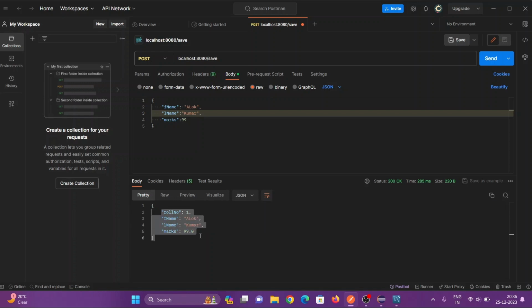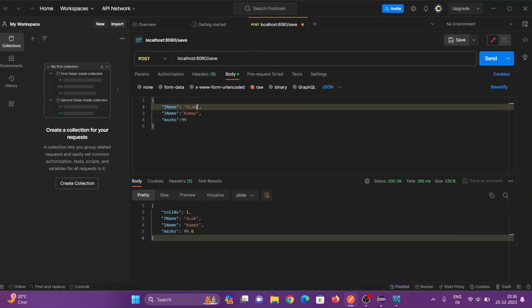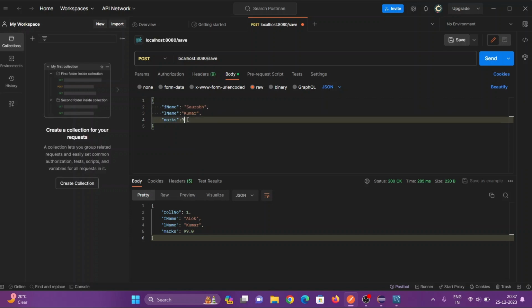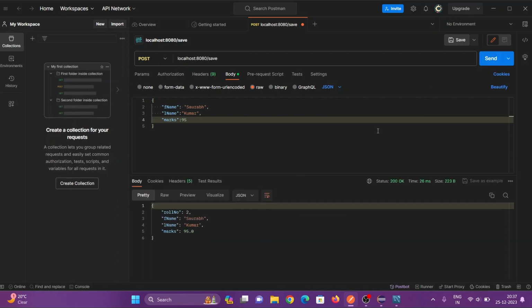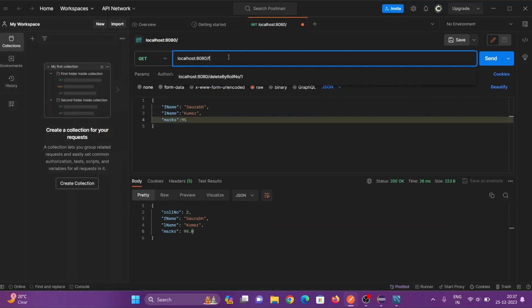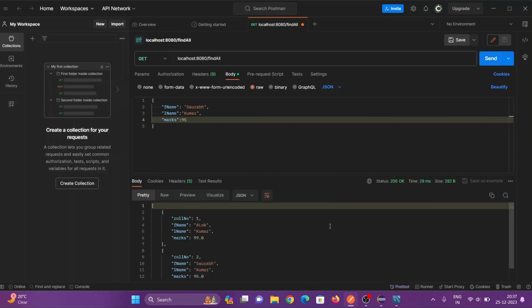Here you can see hello Kumar first data. Now I send second data. Send. Here you can see second data. Now I am going to find out. Send. Here you can see first data roll number 1, the second for roll number 2. Okay,